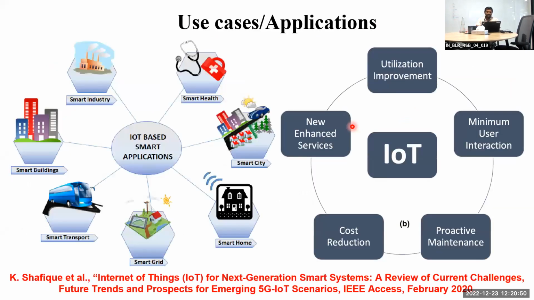Okay. Next, this is a high level thing. For example, smart health, smart industry, smart buildings, smart transport, smart grid. Smart grid is already implemented, I think, in Europe and elsewhere. In India also, especially in Tamil Nadu, they are trying to do something like this smart grid, okay? They will place a smart device along with the meter. It will keep on reporting on the date of cutoff.